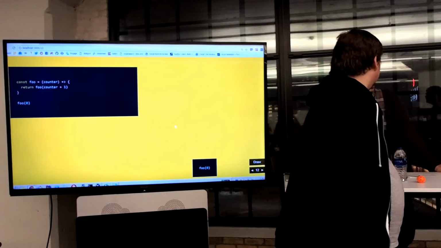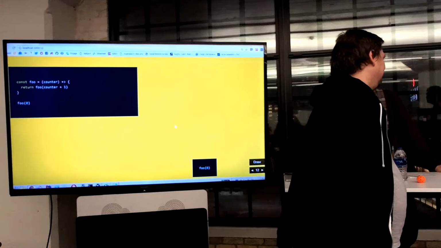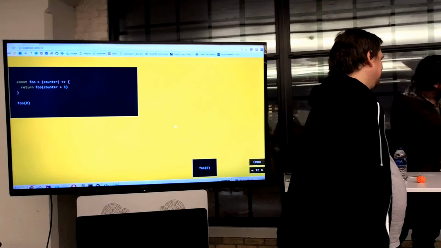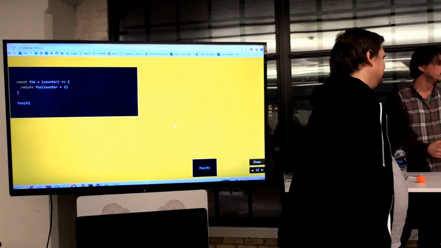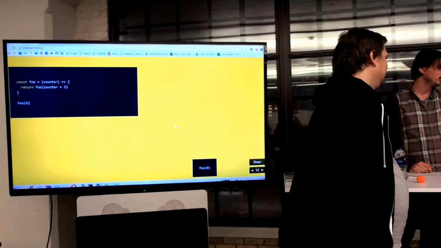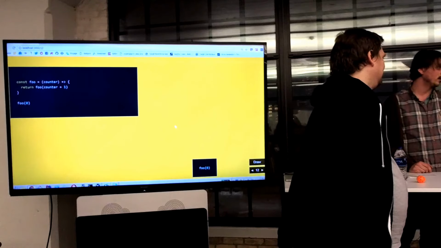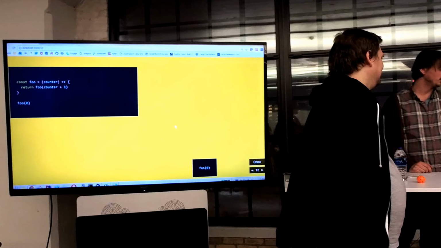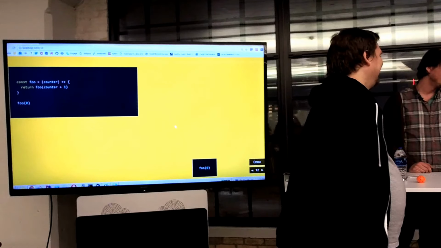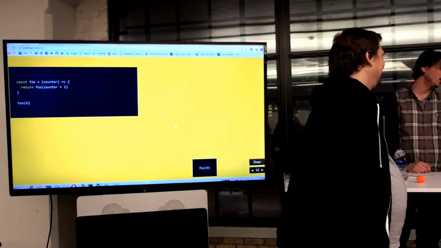Now what happens if we do a recursive function? In this case, foo. We call foo once, and foo gets called again. And again. And again. And again. And again. And oh,